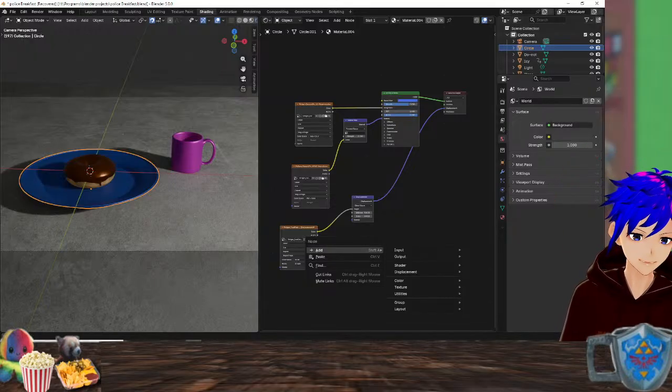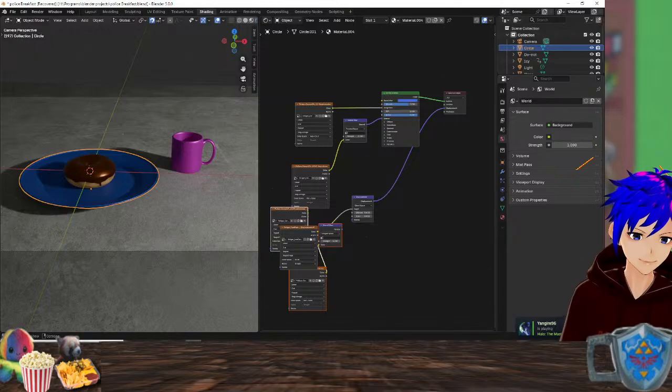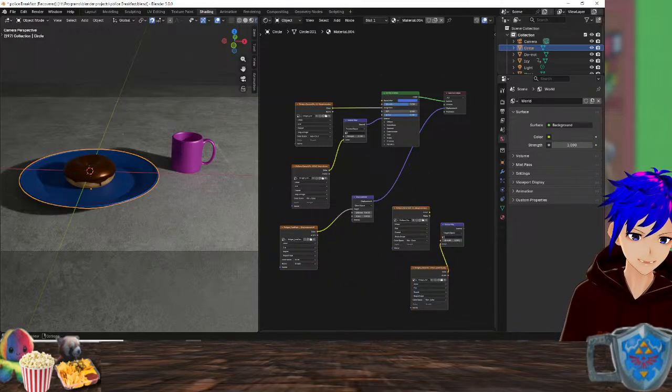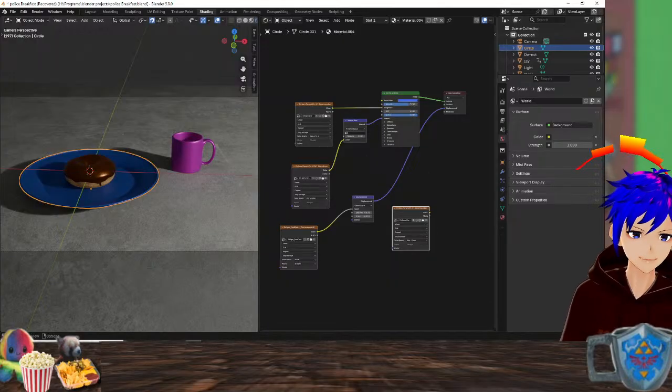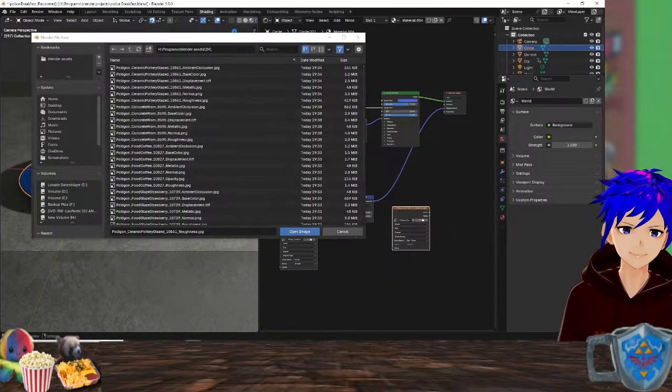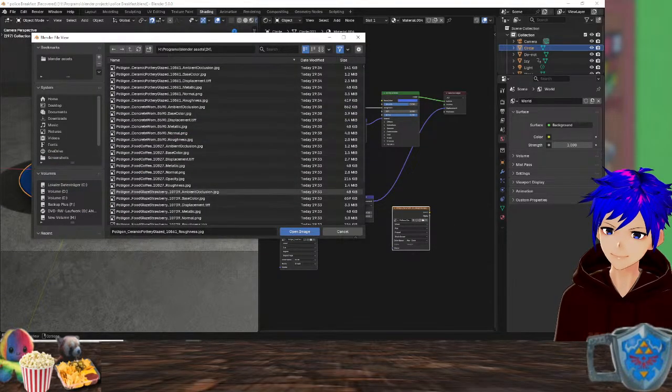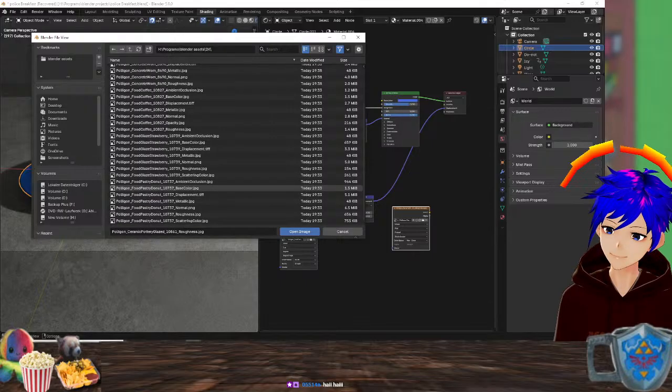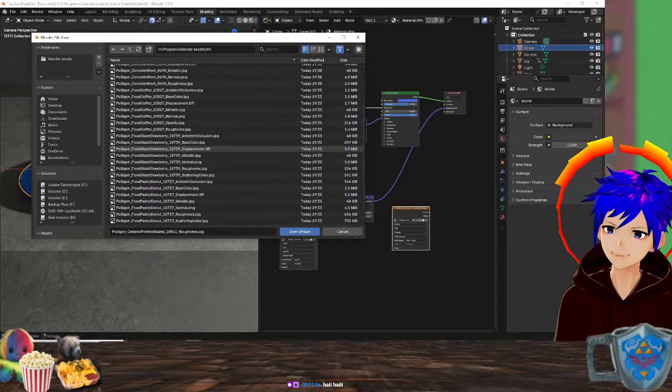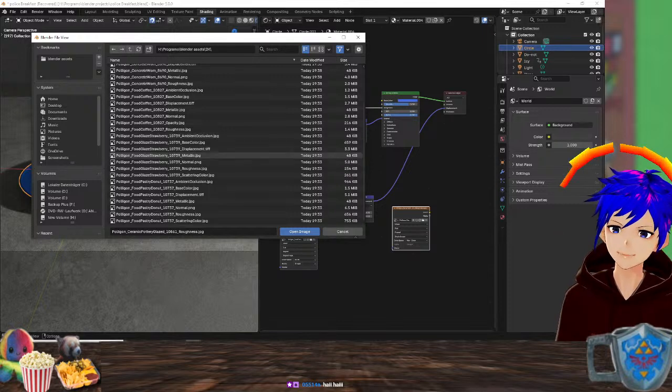Add, wait, paste. Hello, Asian. Come a little late. Ambient occlusion.